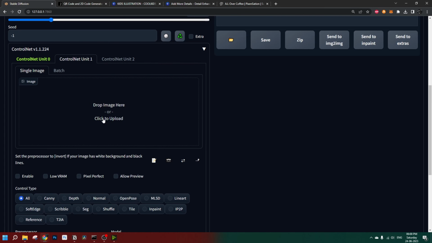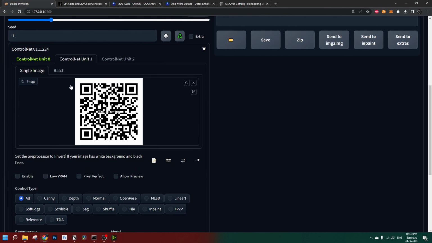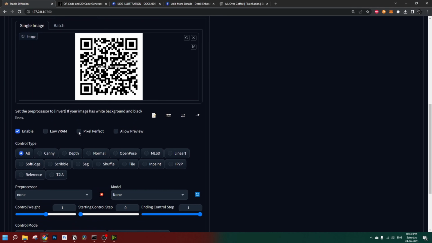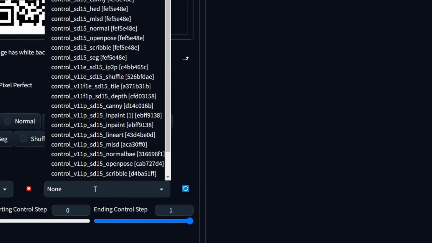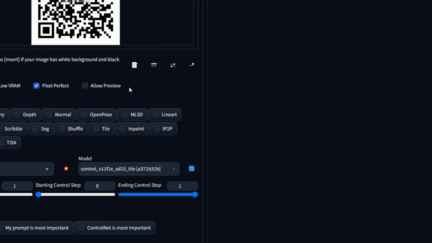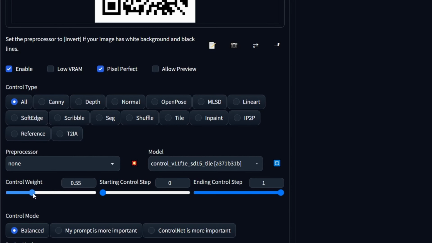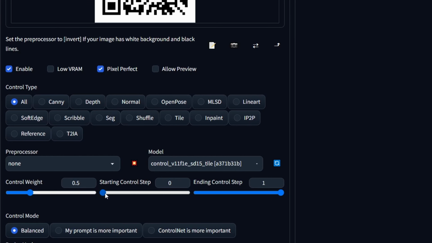Now let's bring in that beautiful part of the image. Bring in our QR code again in here, enable this model, set it to pixel perfect. The preprocessor should be none in these cases also, because I have already explained that. The model for this particular step would be ControlNet Tile. I have tried several different models for this step, but this is the one that works best at present. The control weight for this step should be somewhere around 0.5. We can start from there and then increase or decrease it to suit our needs. The starting control step, as I have seen, works best from somewhere around 35% to somewhere around 60 to 65%.